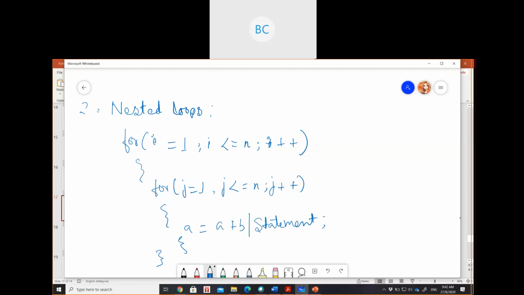So what will be the running time here? For this loop, it will run n times, correct? Then this for loop will also run n times, correct? And this statement will take constant time.